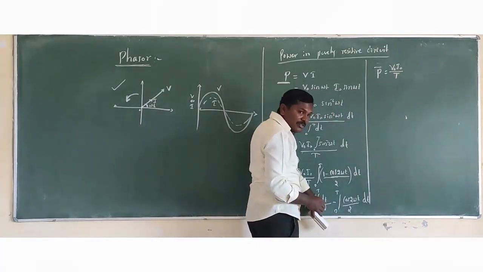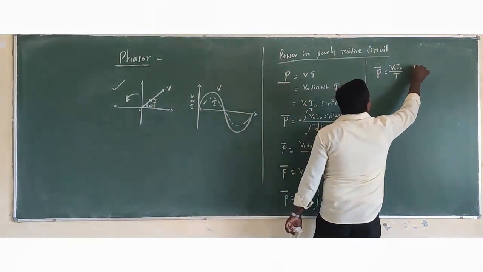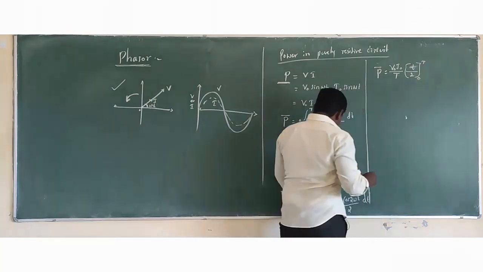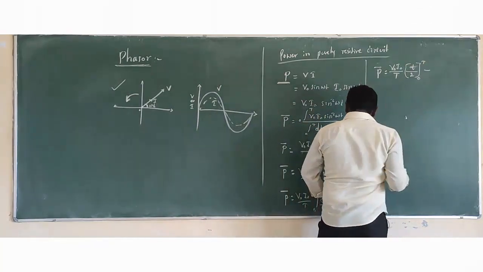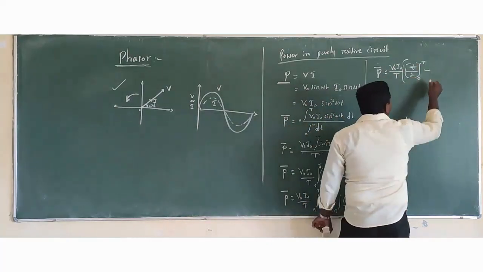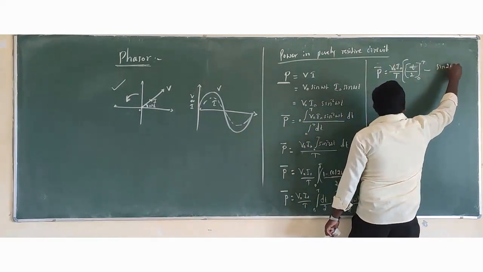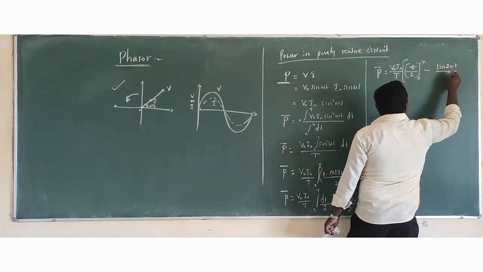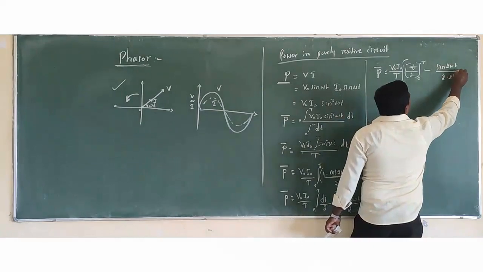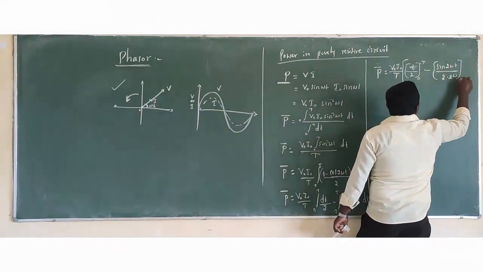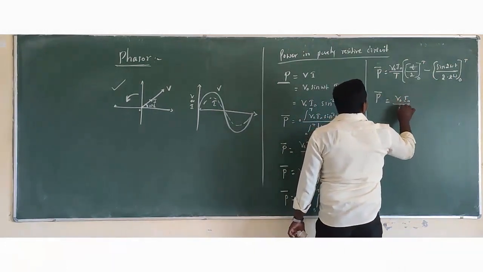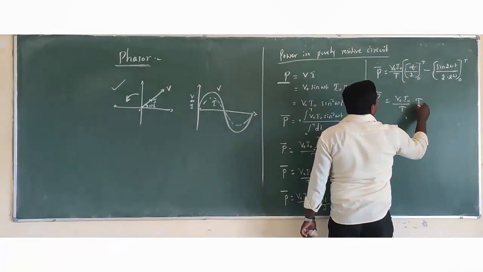Average power can be written as V naught I naught divided by T. If we integrate dt divided by 2, we are going to get T divided by 2 in the range of 0 to T, minus, if we integrate this term cos of 2 omega t, we are going to get sine of 2 omega t divided by 2 into 2 omega, that is 2 into 2 omega, in the range of 0 to T. Now average power is equal to V naught I naught divided by T into T divided by 2,